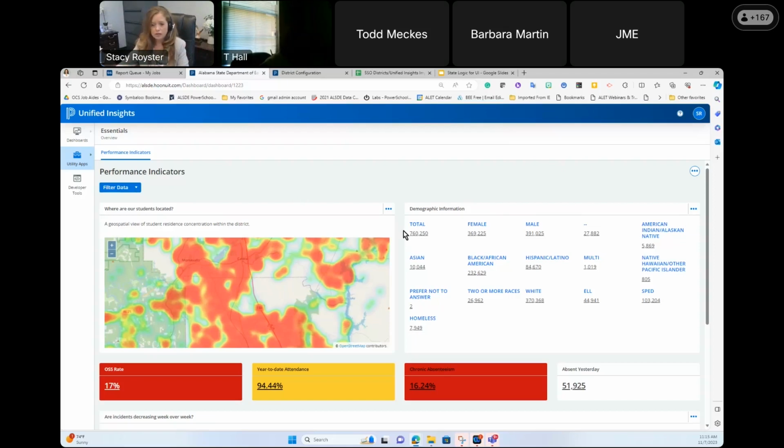So I want you to look at the total. Now this is going to be total enrolled as of last night. So very similar to AIM. Each night, Unified Insights goes and ingests all the data from your servers. Okay. So, and I don't know exactly what time it is, but